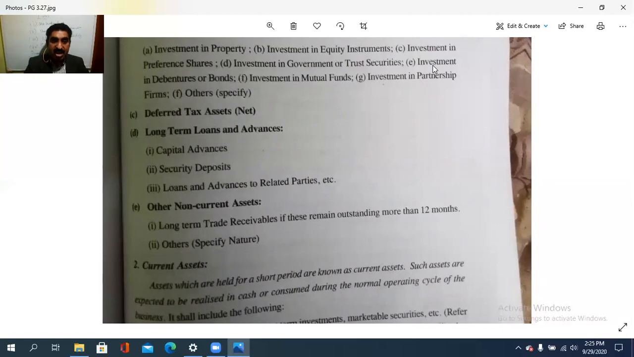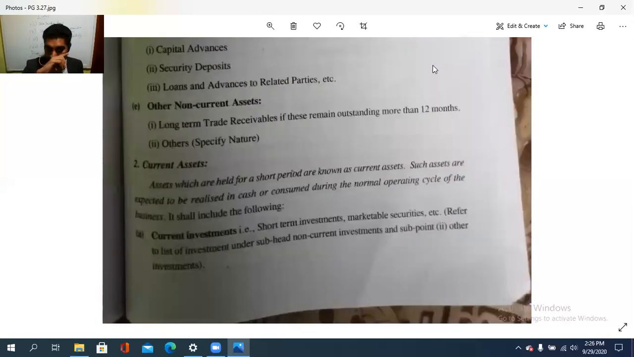More than a year. By current asset value will be till 1 year only. So current assets are short period, but a long period. Such assets are expected to realize in cash or be consumed during the normal operating cycle of the business. It includes current investment,